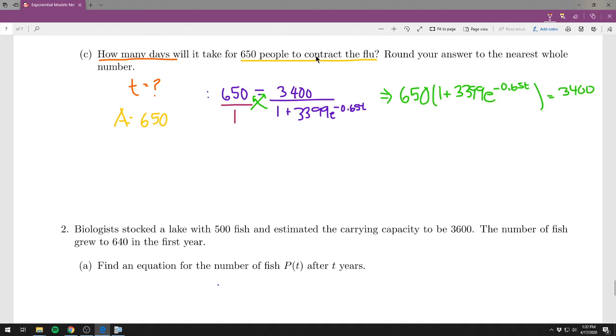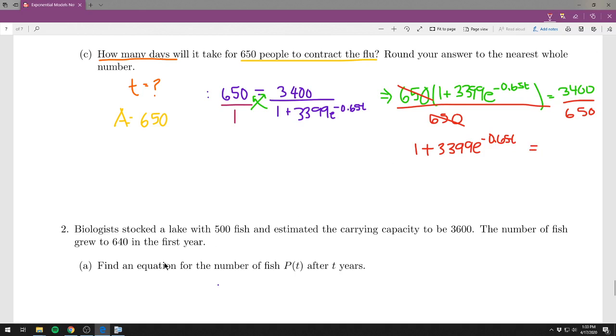But what you want to realize is, as messy as this is, t is up here. If we isolate the t part, we'll get to where we want to go. And at this point, it's up to you. A lot of you may think to distribute this 650 through, which is fine. I'm not going to, just because it's going to make this number very big. I'm just going to divide by the 650 right away. You can do either one. Neither is easier than the other. Whatever you see to do is what you should do. So we do that. We get 1 plus 3399 e to the negative 0.65 t